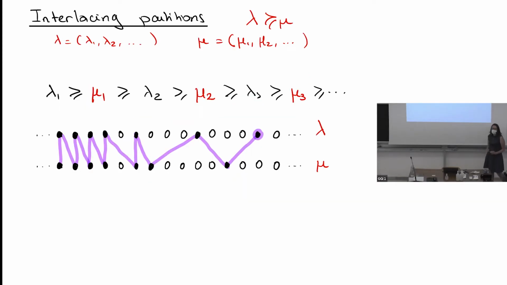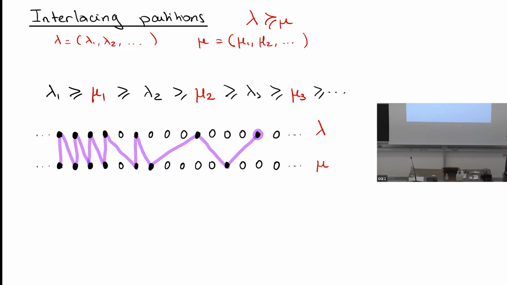But now I don't want to look at only one partition, I'm going to look at sequences of partitions. So let's start with a pair of partitions. I'm going to say that lambda interlaces with mu if, when I look at the parts lambda 1, lambda 2, mu 1, mu 2, I can just take the parts of lambda and mu and interlace them. That's what I mean here. I want that lambda 1 is greater or equal to mu 1, greater or equal to lambda 2,